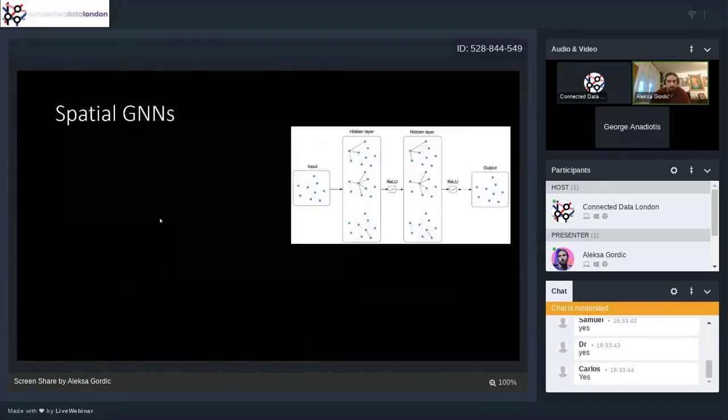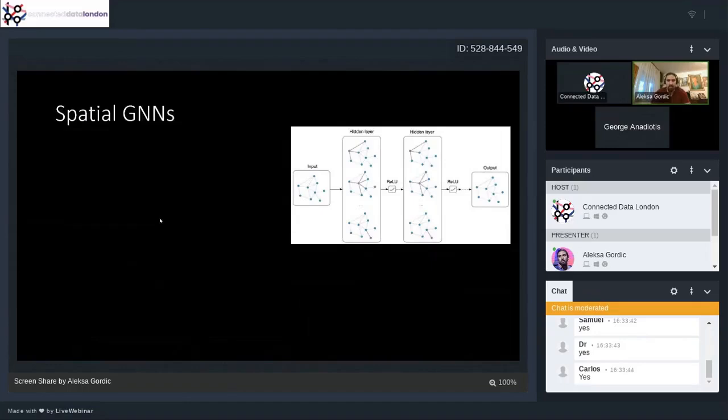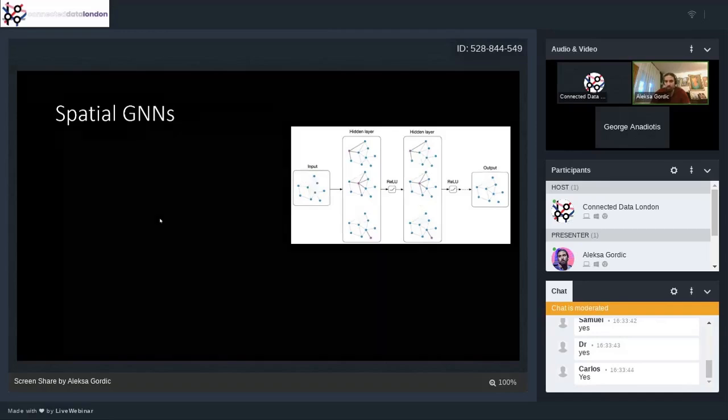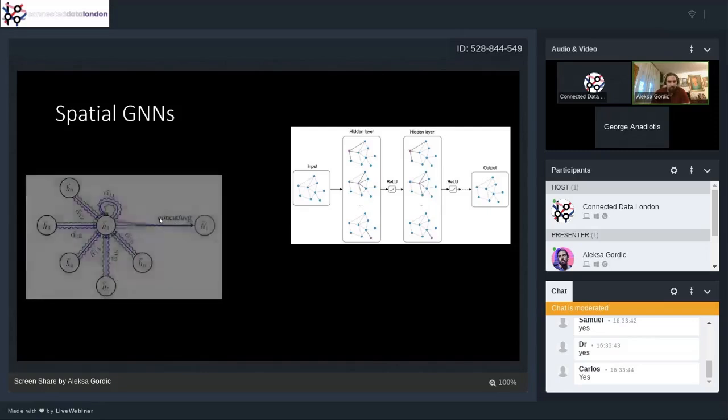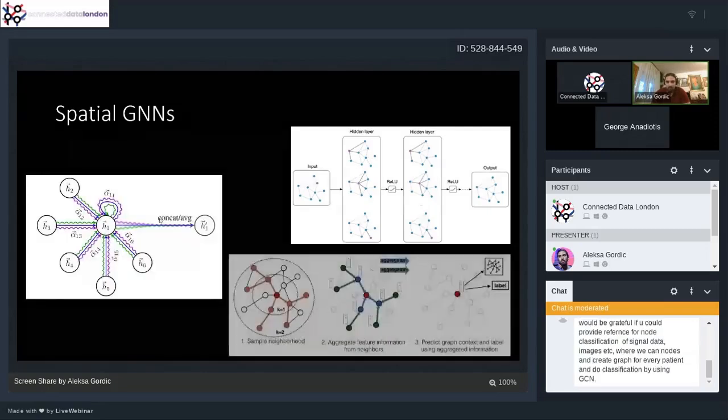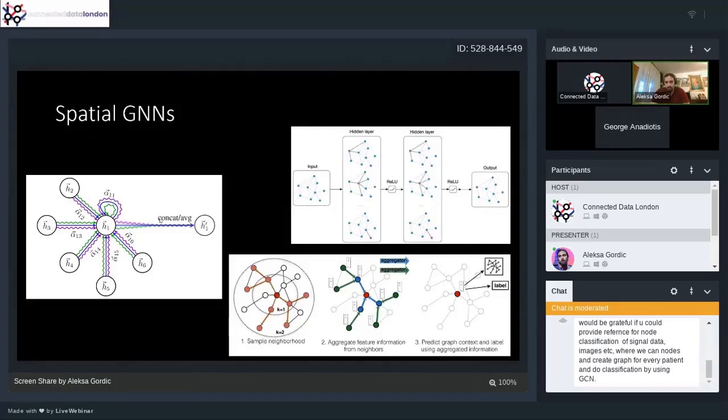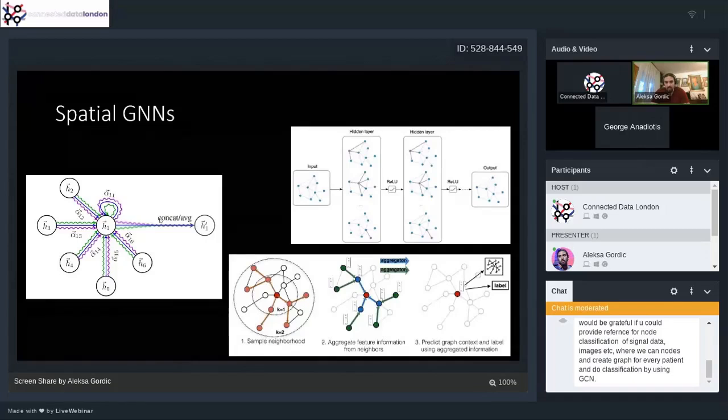Let me tell you about some other important things like spatial GNNs. These are the name of the game. They are scalable. They are the ones being deployed currently in all of those exciting applications. The first one is the GCN, the graph convolutional network, the first truly scalable network, loosely inspired by spectral methods, but basically it's better to treat it as a spatial method. And then you have the graph attention network. You have GraphSage, which took a further step which improved the scalability by just subsampling a set of nodes and only doing these aggregations on top of those nodes.